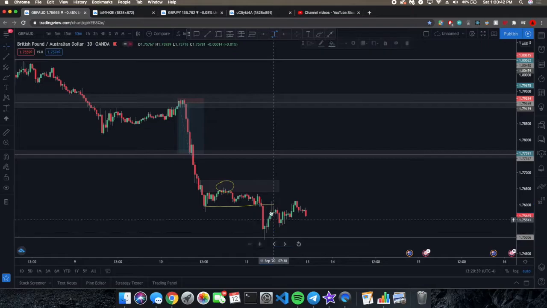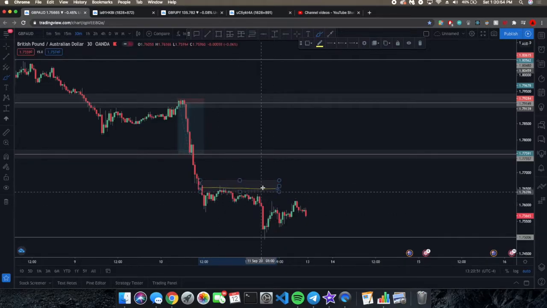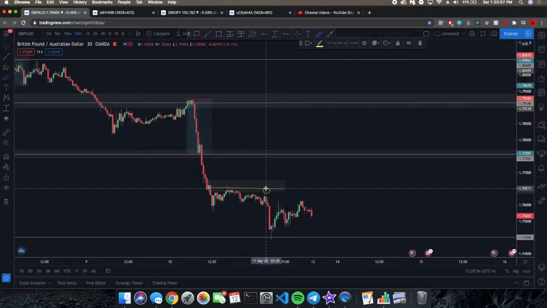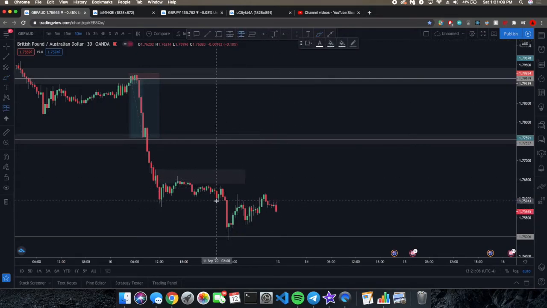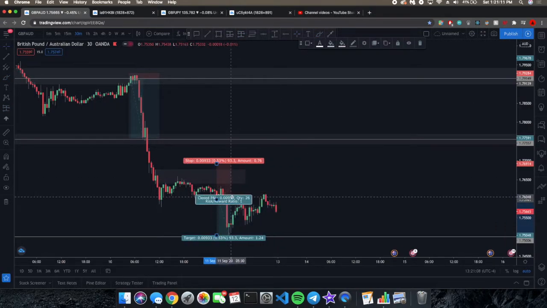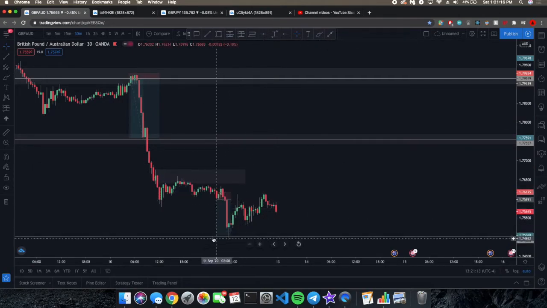So I personally don't like entering here, something like this. Best entry would have been somewhere along this area at the top of the consolidation, because why are we going to enter in the middle of the consolidation when the top of the consolidation is a better entry, right? Like even here, top of the consolidation rather than entering here. Or better would have been if you entered once it broke below, then you knew it was going to continue, and your stop loss would have been above the previous wick. So 100 pips here,